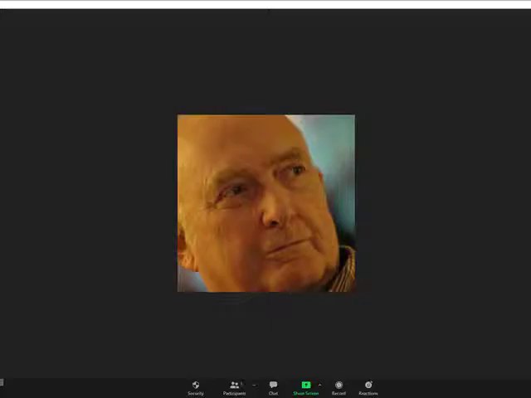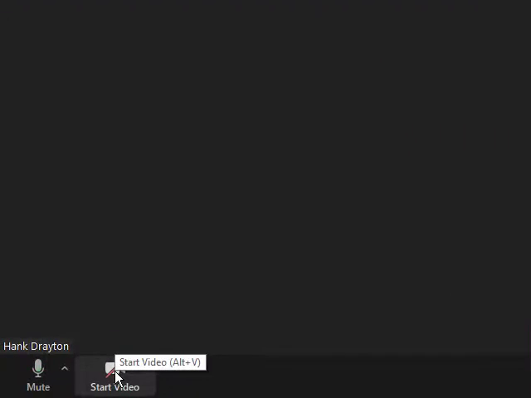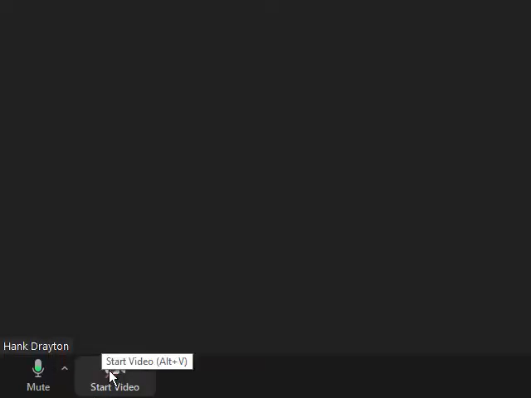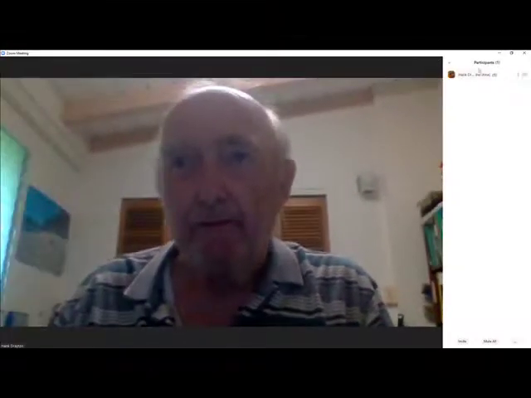Now, you see down here at the bottom, there is what I call the Zoom taskbar. It starts over on the left with audio. It then goes to video. If I click on stop video, you stop seeing my smiling actual live face, and you see a picture which I have put up to be there when you don't see my video face. And then you see other things such as security and the participants. Right now there's one participant, me, the host,